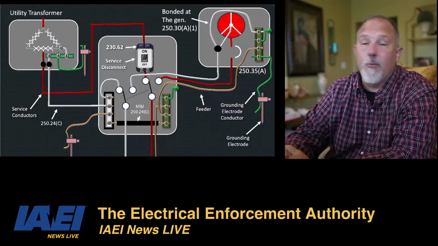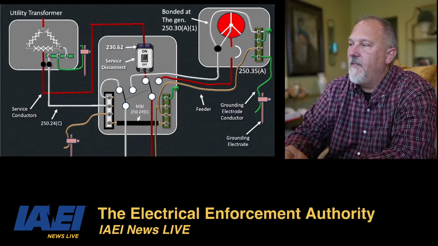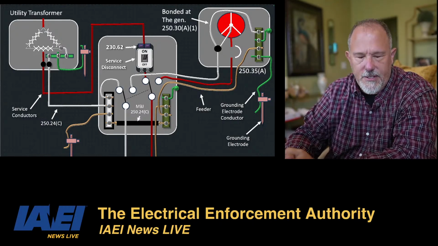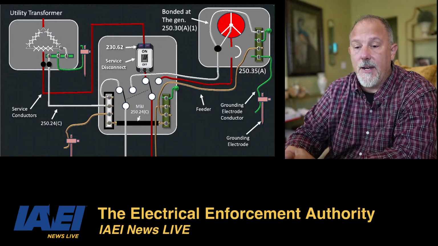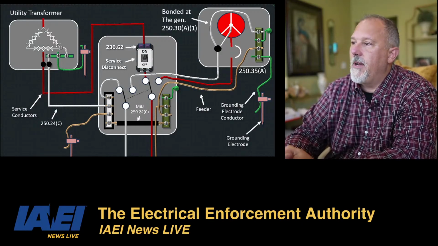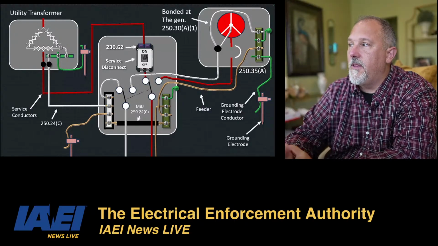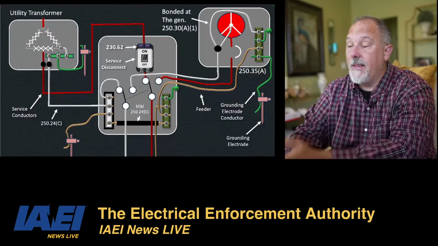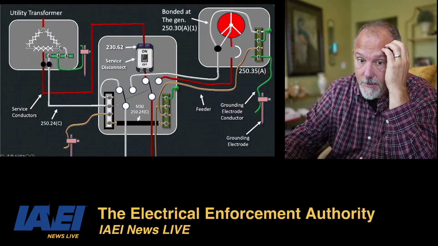Now I could use raceway, right? If I used my rigid metal conduit, RMC, that could be my bond that's occurring between the two. I bring my hot conductors and I bring my neutral, and you'll notice I landed the neutral from the generator, the grounded conductor from the generator. I landed that on the other pole of the transfer switch, right in here, okay?